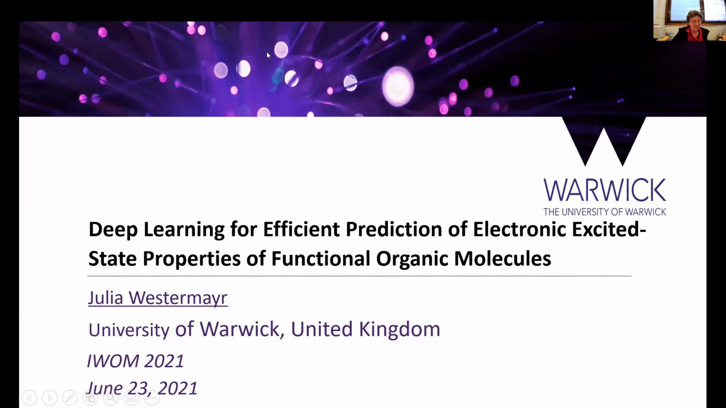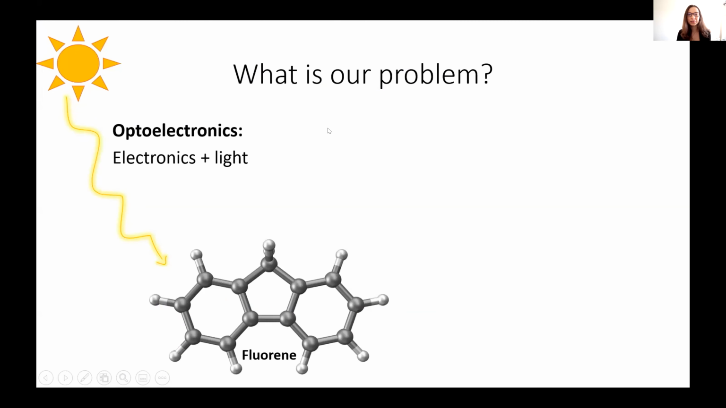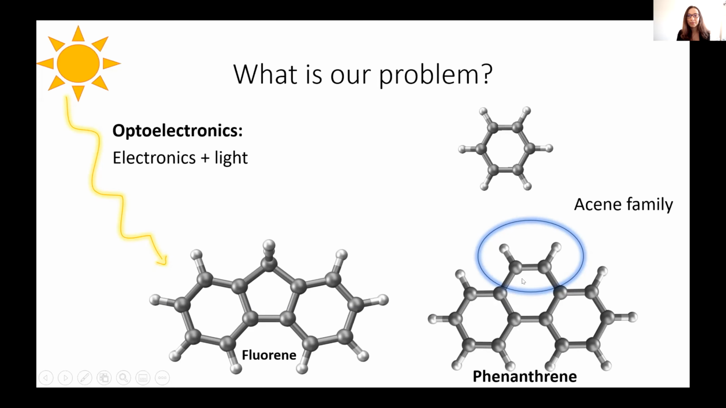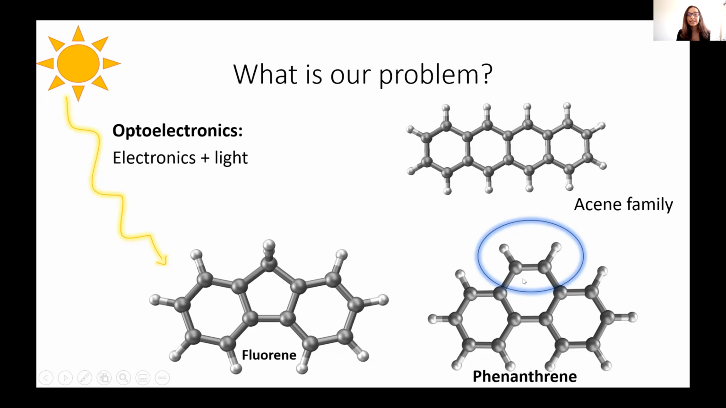Okay, so thank you very much for the introduction, and thanks to the organizers for giving me the opportunity to talk. I will dive into this topic by introducing you to the star of the presentation, which is fluorene. And fluorene is one of the molecules that plays an important role in optoelectronics due to its tunable optoelectronic properties. But it's not the only molecule that is important in this research field. There's also phenanthrene, for instance, and it only differs from fluorene by one carbon atom, and yet it exhibits different optoelectronic properties. And there are also other molecules, such as members of the azine family,